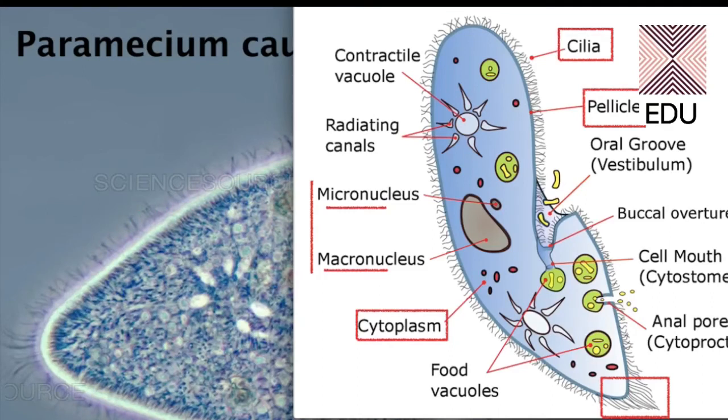Now after the nucleus we have two contractile vacuoles. This is contractile vacuole number 1, and here we have the second contractile vacuole. These are 2 in number. In amoeba we have a large number of contractile vacuoles, but here in paramecium the number of contractile vacuoles is fixed, it is 2.